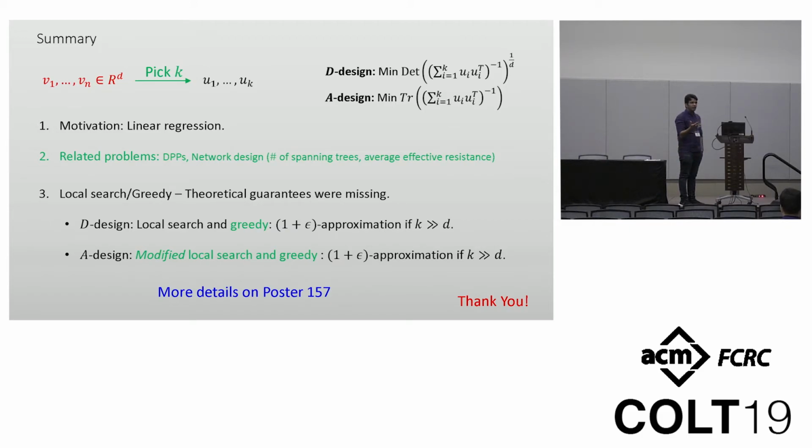So suppose I have a graph, I want to pick k edges such that the resulting subgraph has the maximum number of spanning trees. I'm trying to understand what D is in that case. Oh, D is the number of vertices. So the number of edges we pick has to be at least the number of vertices minus 1. And if the number of edges we want to pick is more than the number of vertices minus 1 over epsilon